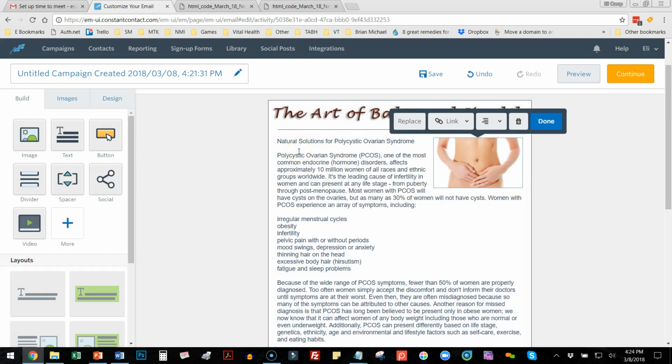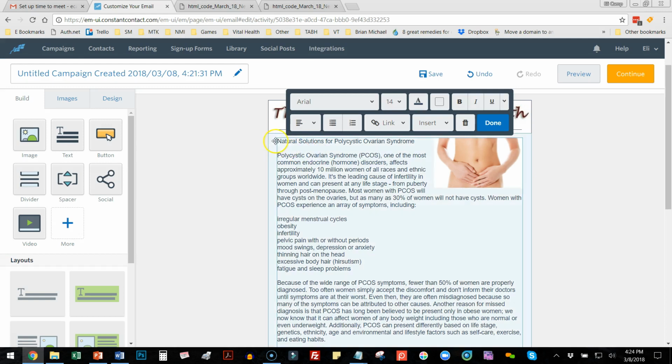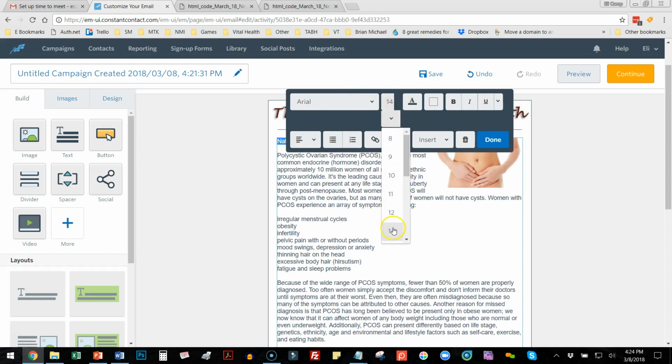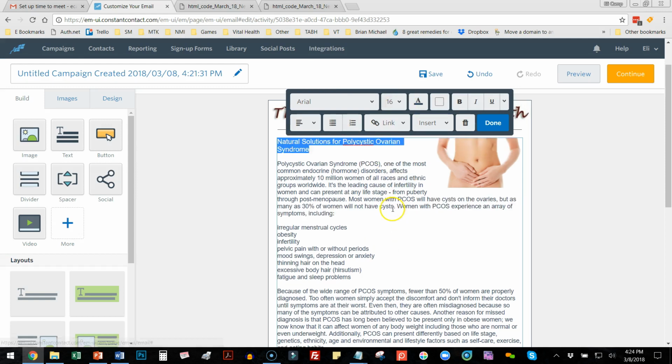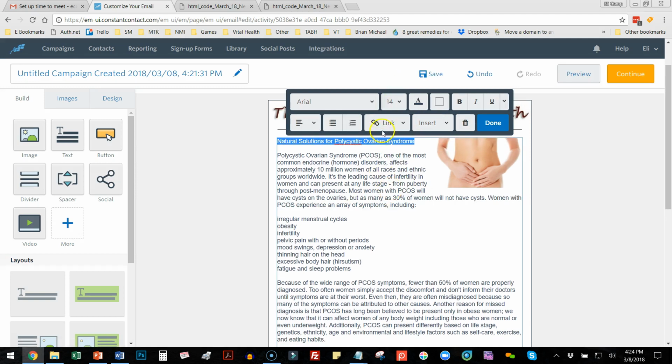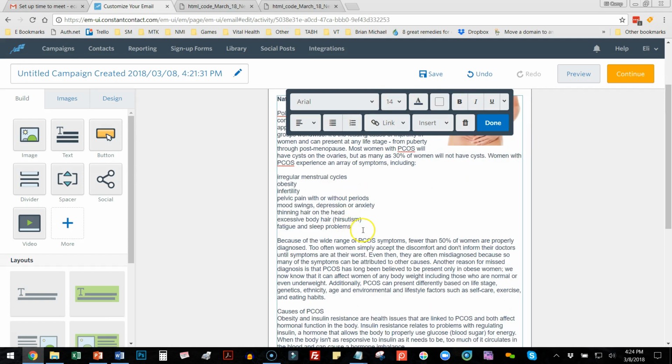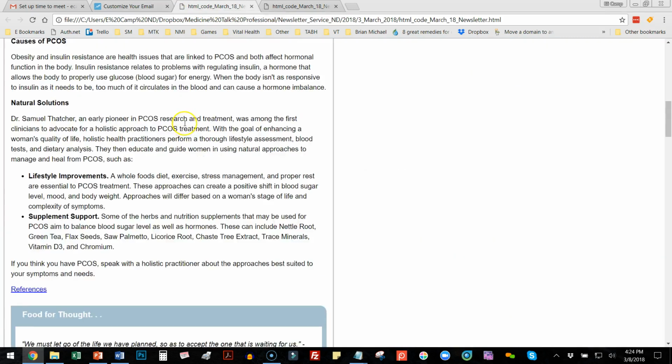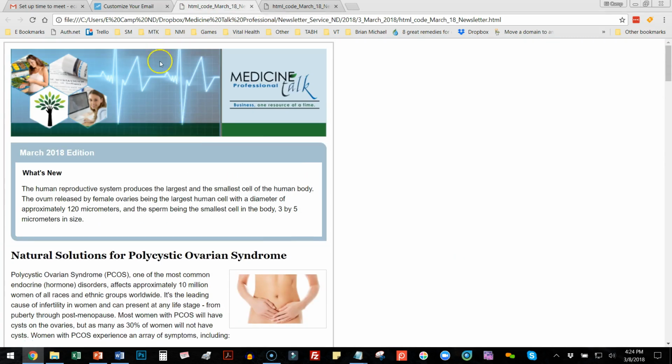And now I'm just going to do a little formatting here. So I'm going to highlight the title of this article and make that a little bit bigger. I'm going to make that 16, well, maybe 14, and bold. And then I'm going to put bullet points here, which you can always check by just double clicking on that